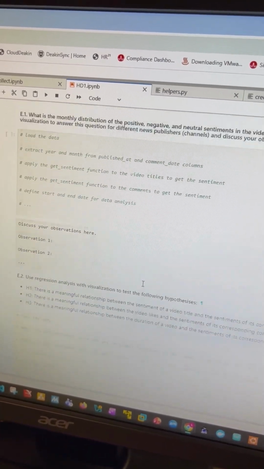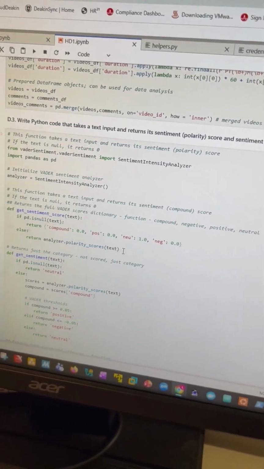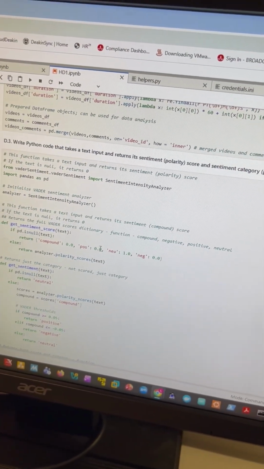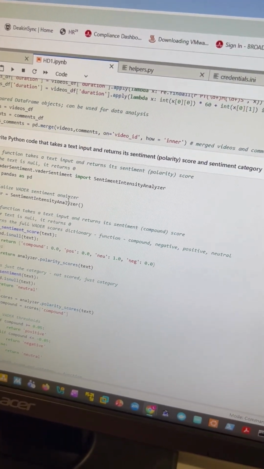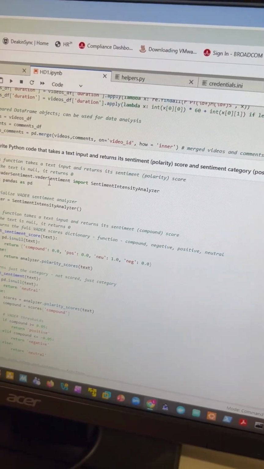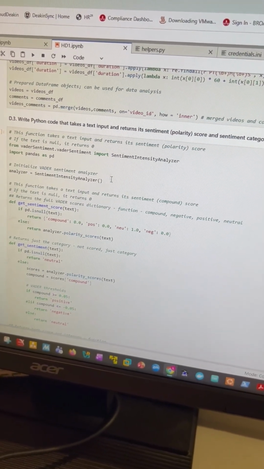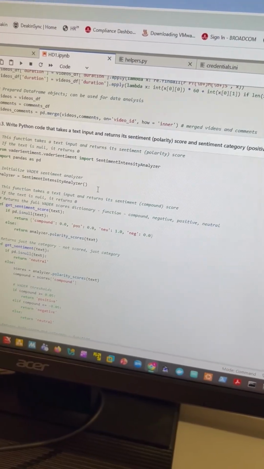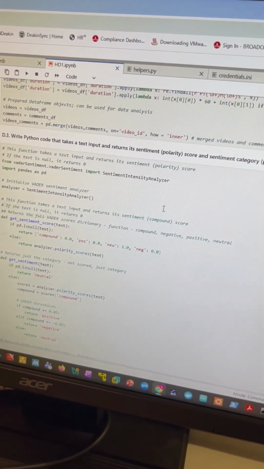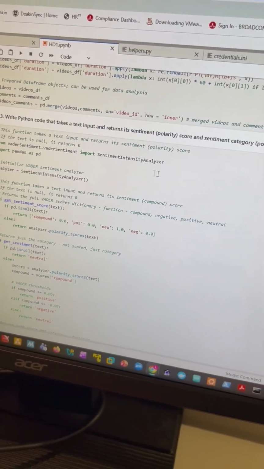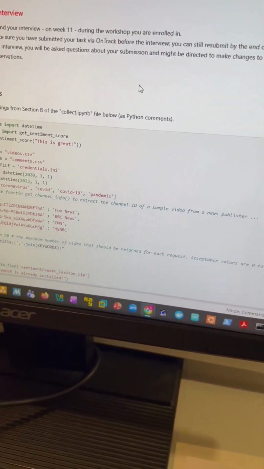Now, in the question just above in D.3, this is where I created some code to return a sentiment polarity score and a sentiment category, positive, negative or neutral. Now the code was already provided here, but this was using TextBlob. Now I chose VADER in the end because I also thought it would be a chance to showcase my skill a bit better. So what I did at the top here of the file was I